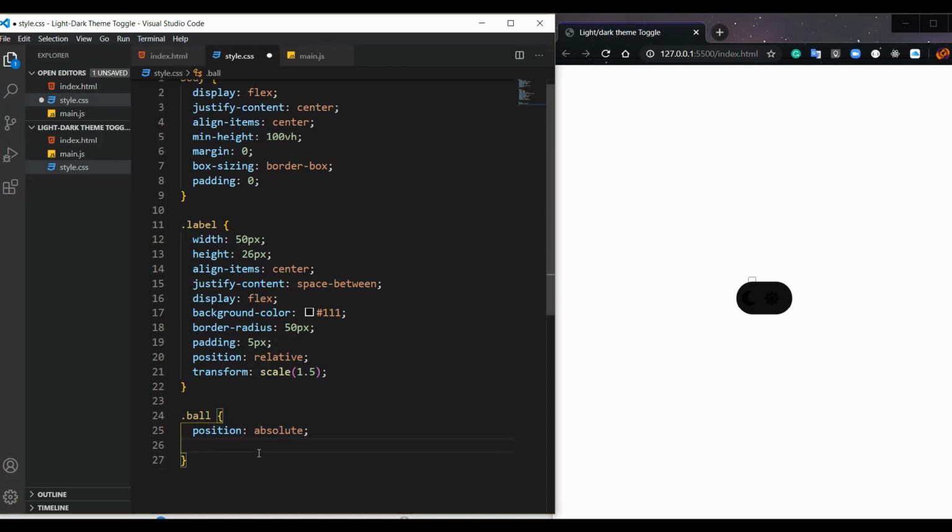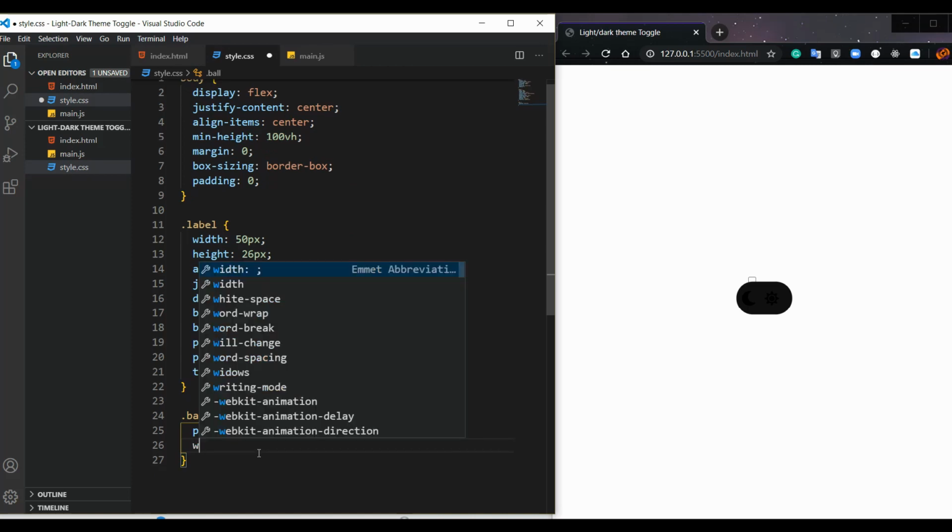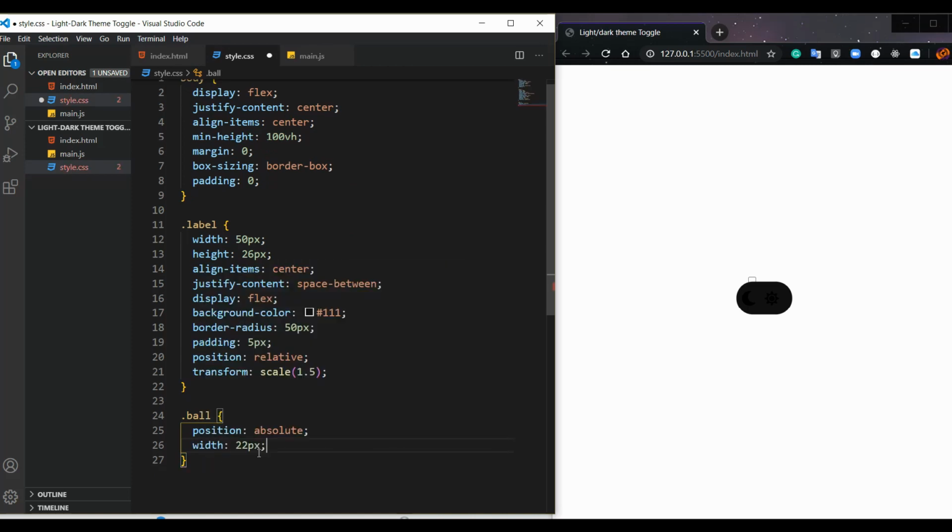So we're going to have a position absolute, and the width is 22 pixels. I'm going to explain CSS position in detail in another video, because probably it's not that clear to you. And I'm just going to give you the what we're doing here. So position relative